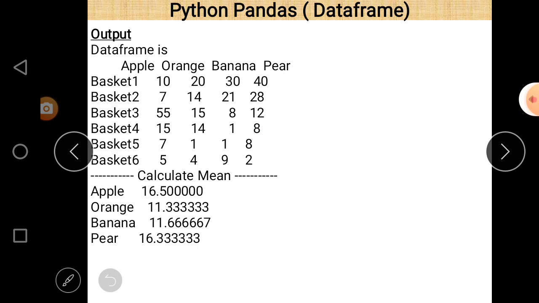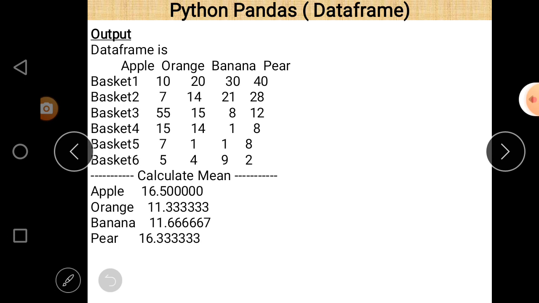You can calculate them by taking the average of these numbers. For example, sum 10, 7, 55, 15, 7, and 5, and after the addition divide by 6, then you get the mean value of apple, which is 16.5. Similarly, you can find the values of orange, banana, and pear.